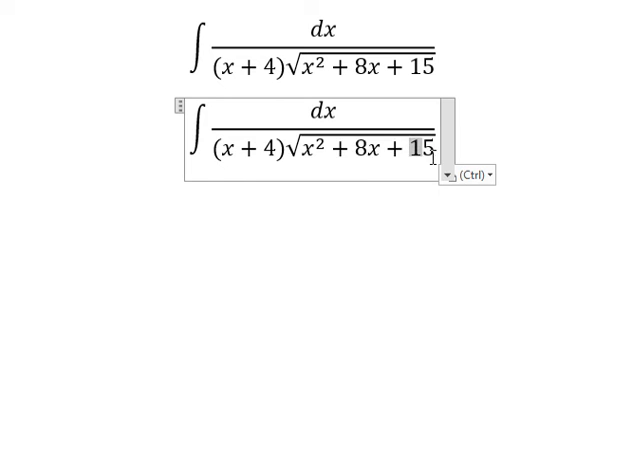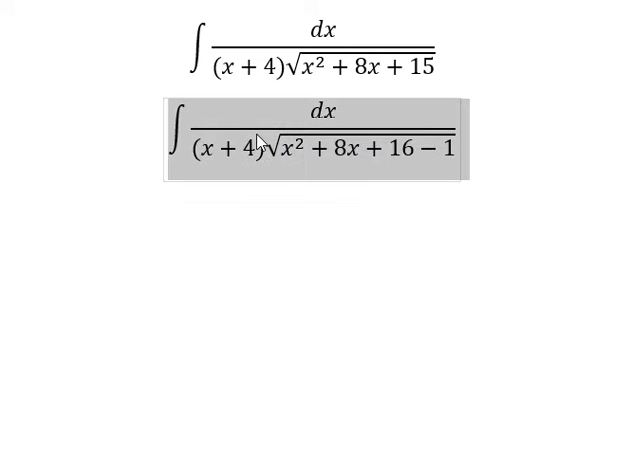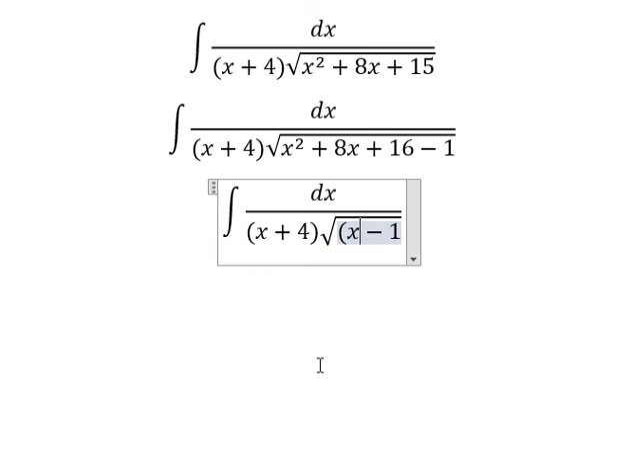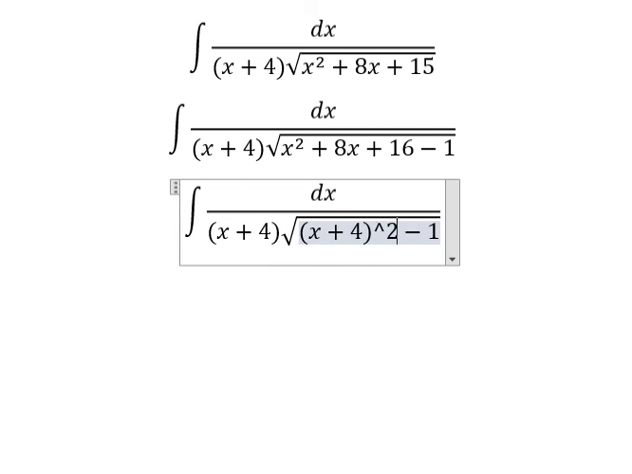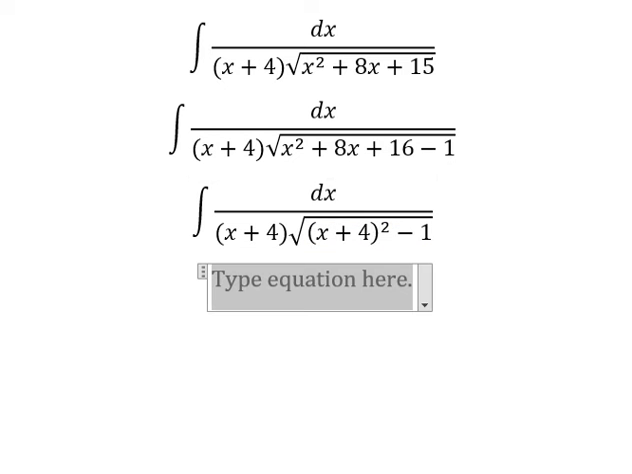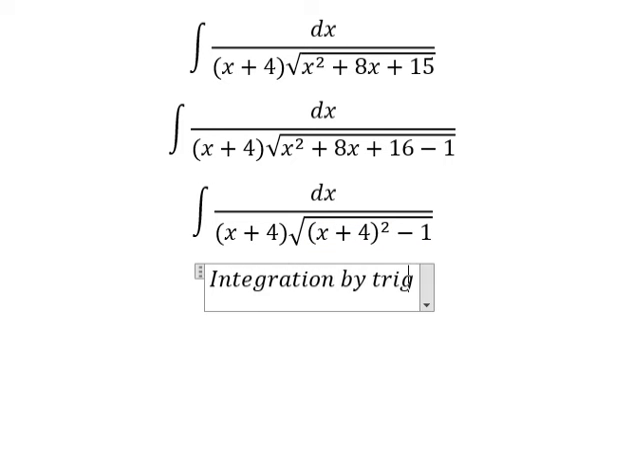Number 15 we can change by 16 minus number 1. Next, we know that this one we can change by identities. So that is about x plus 4 to the power of 2. Next, we can use integration by trigonometric